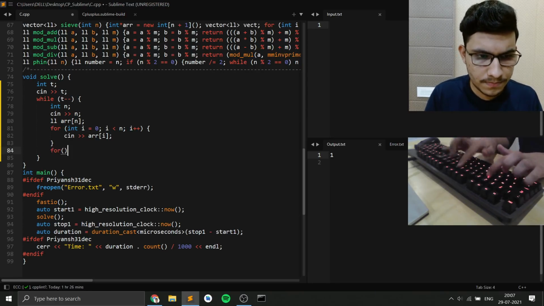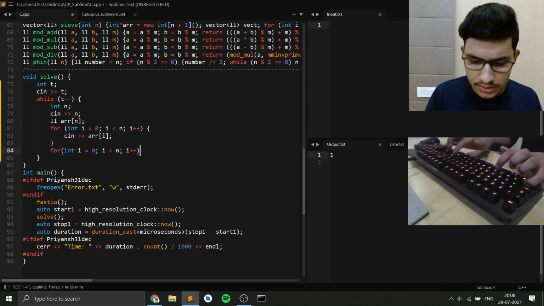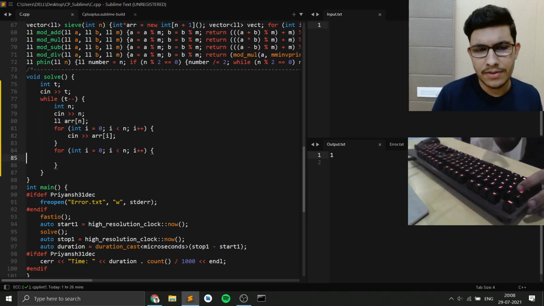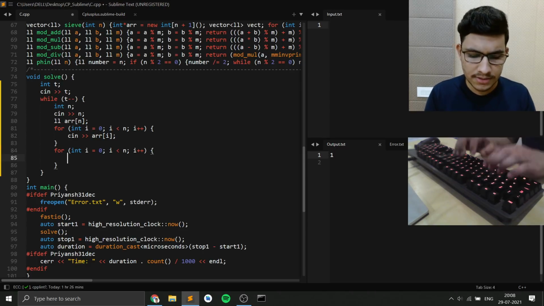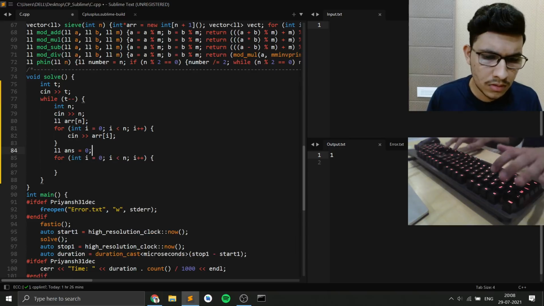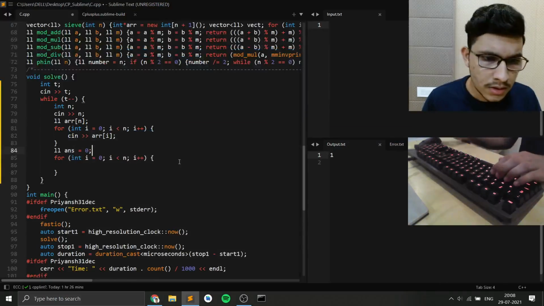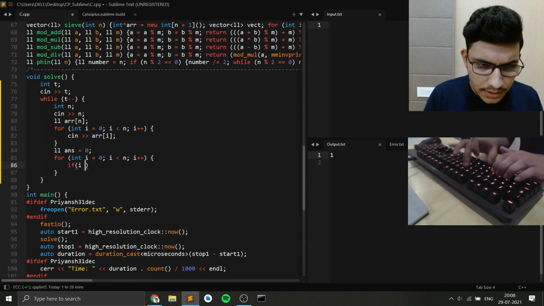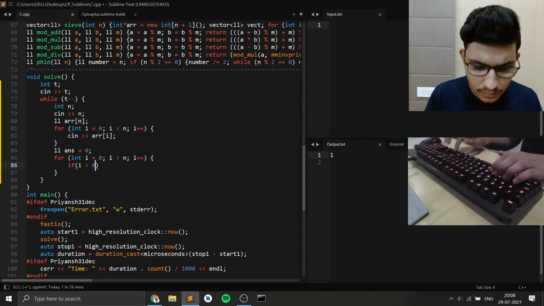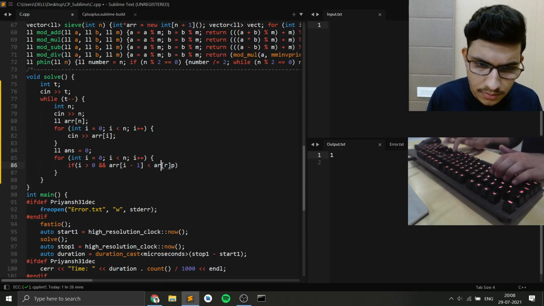Right, so this just means that if I'm on the ith index, then I have chosen this to be the maximum element. Okay. And can these values be negative as well? Okay, they cannot. So if i is greater than 0 and arr at i minus 1 is less than arr at i,